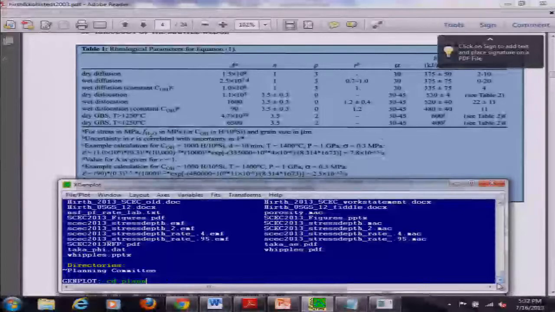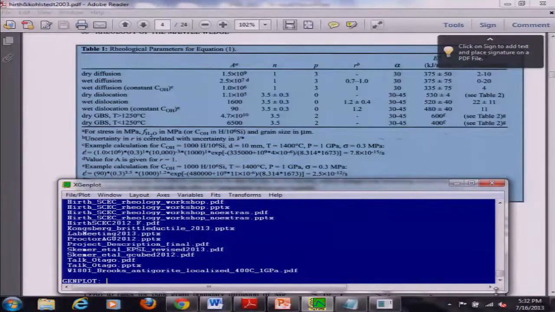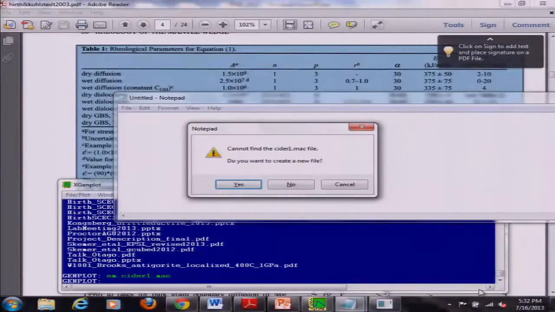I don't want to do it there. That'd be stupid. All right, so